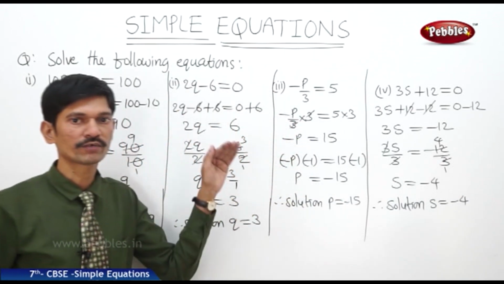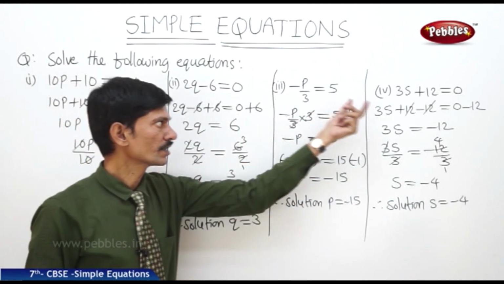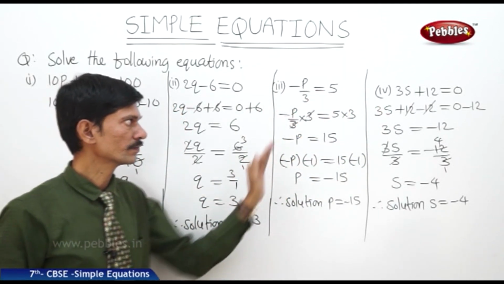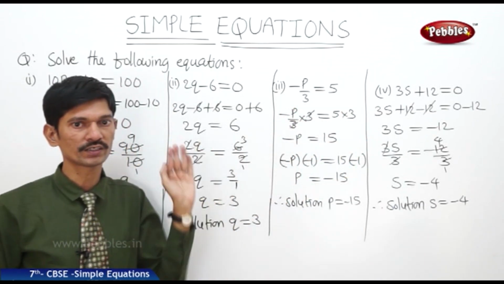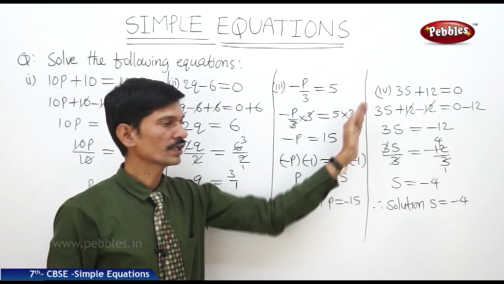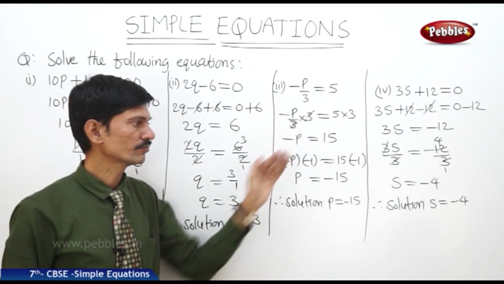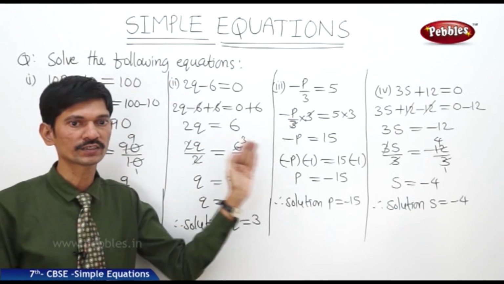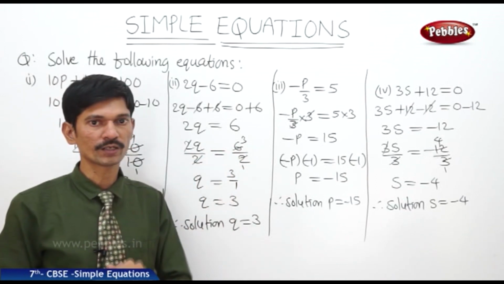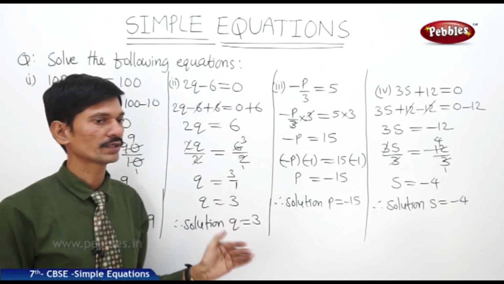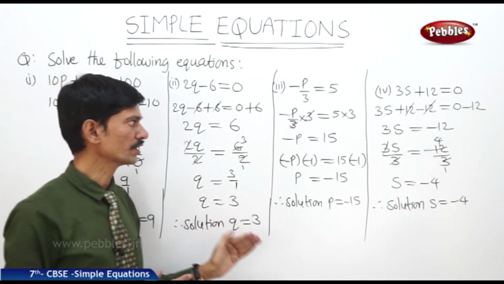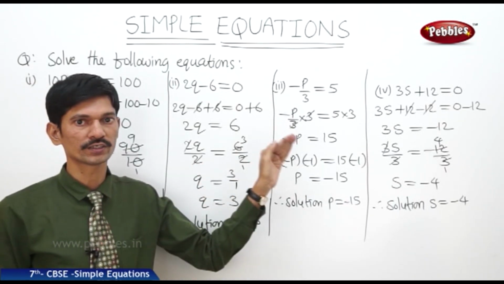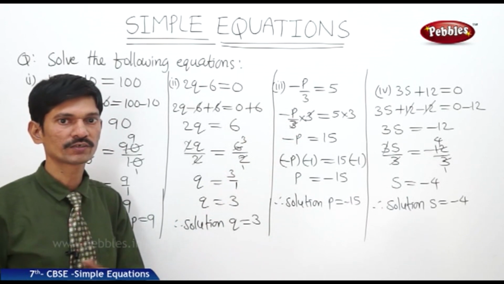So to solve any equation, meaning to find the value of the variable satisfying that particular equation, we should separate the variable present in the equation in the LHS. To separate the variable in the LHS, we can do the same mathematical operation on both sides of the equation. Those mathematical operations are addition, subtraction, multiplication or division. Whatever mathematical operation you apply in the LHS, the same thing should be applied in the RHS to maintain the balance of the equation.